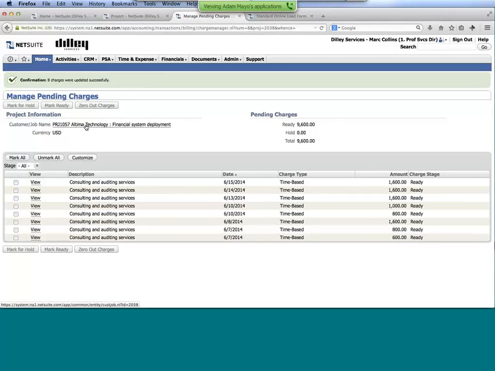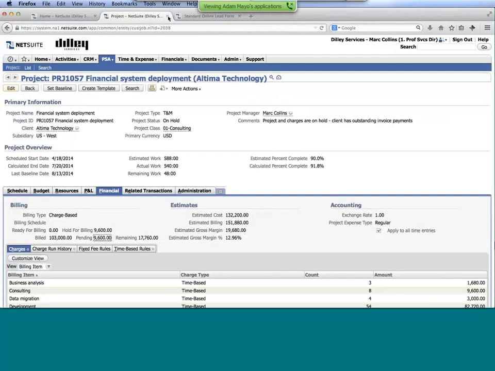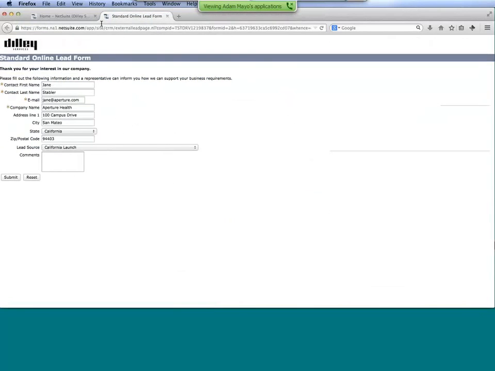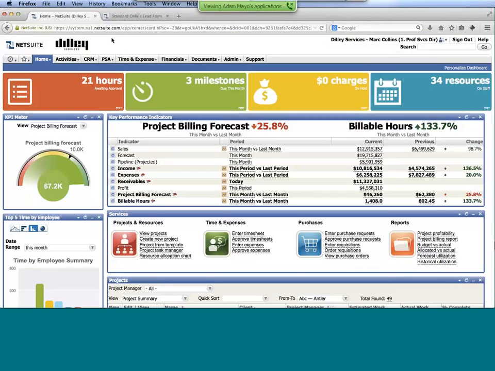So that easy. From the dashboard, I was notified of a potential problem. I drilled into the project, viewed some of those details, went in, made a modification to our billing charges, and then from here I can close out those screens and go back to my dashboard, and you'll notice immediately my tile stopped blinking. We have 0 charges on hold. We're good to go on with the rest of our processes or functions within the tool.